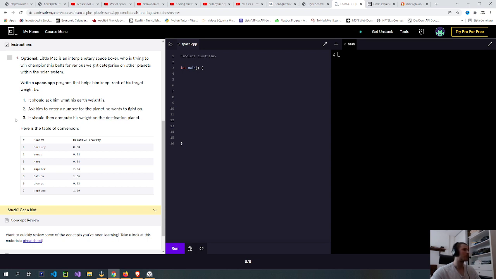Here's the table of conversion. So it should be multiplied, one divided by the other, and multiplied.